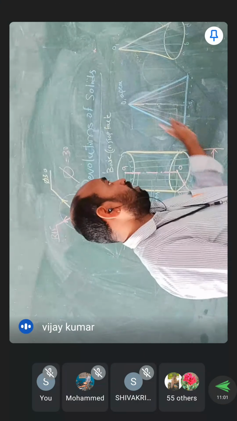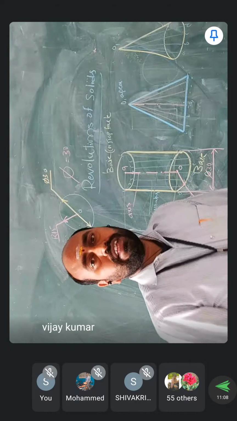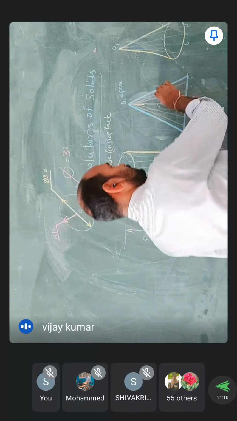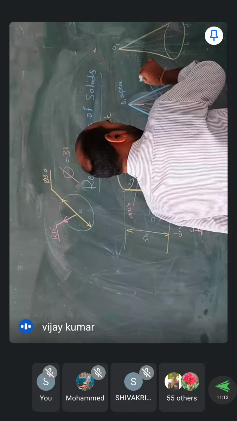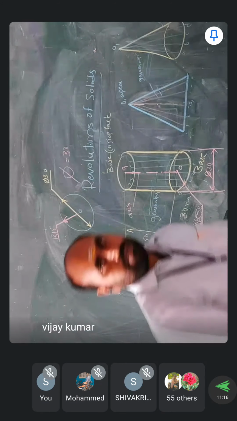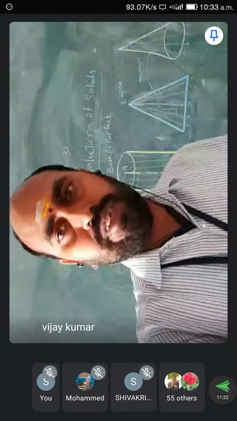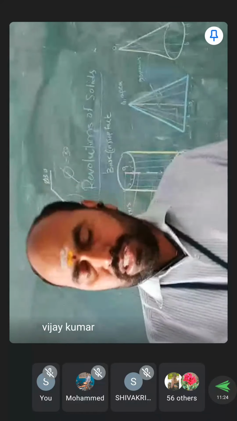But the end edges should be thick, like the cylinder. So the remaining lines are all very thin. They are called the generators. So these things matter while you are doing the problems.